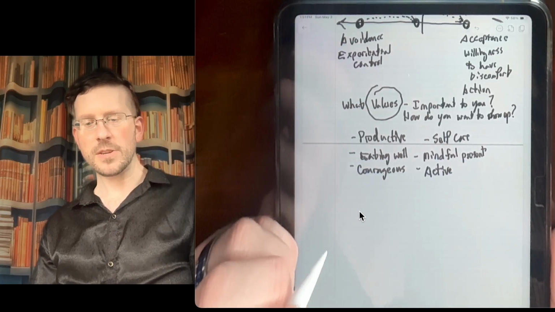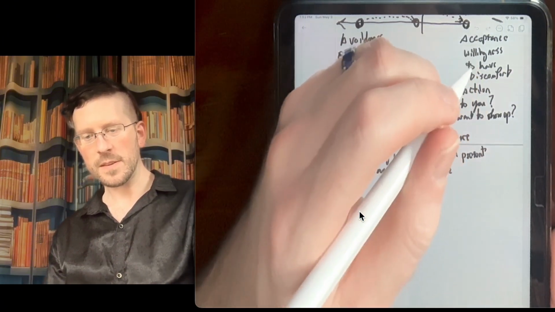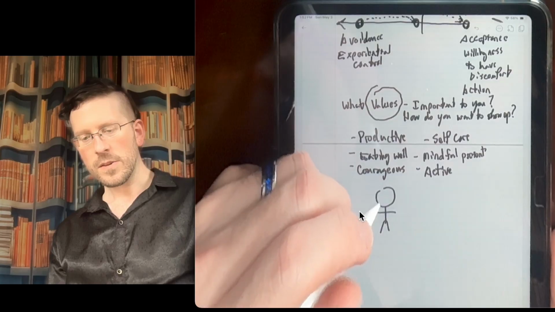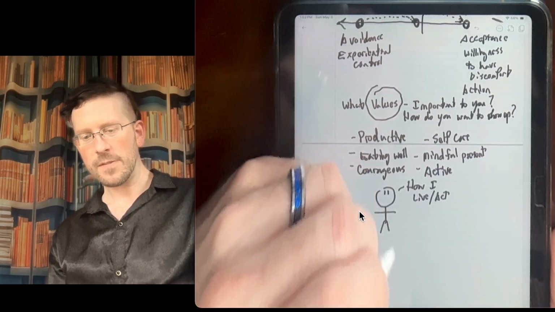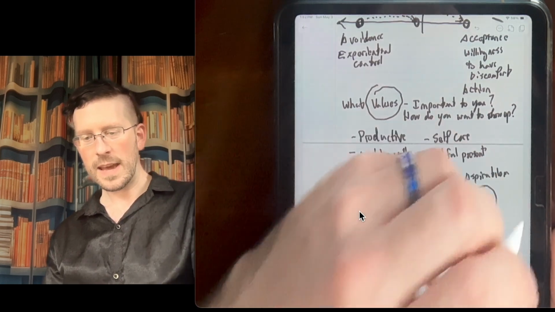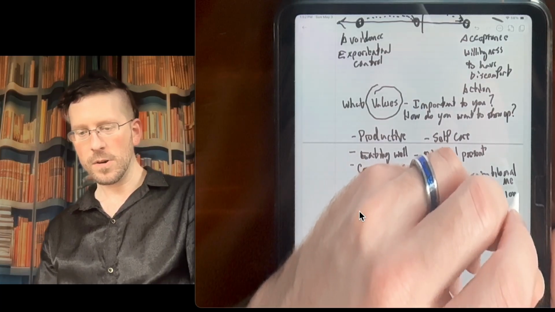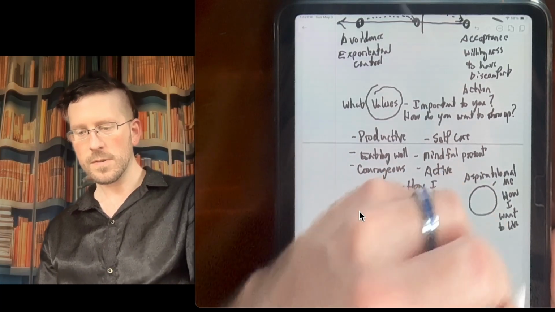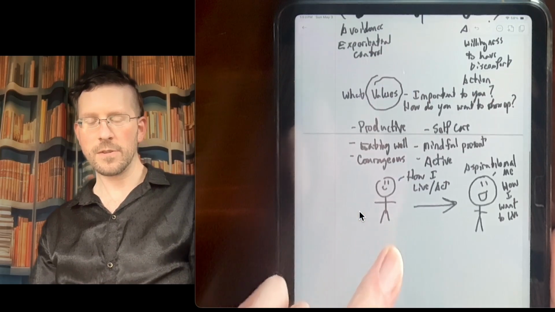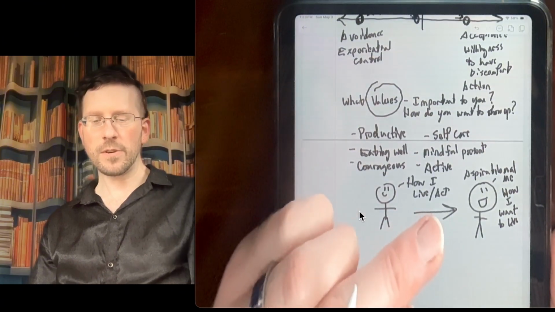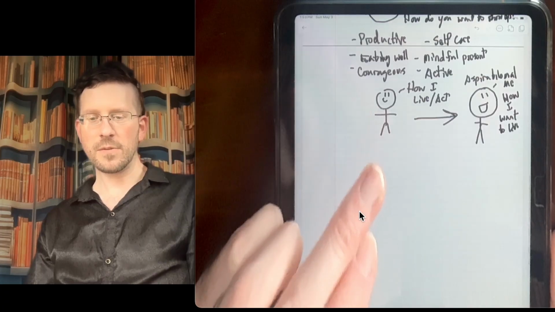Okay, these are aspirational. Let's say there's how I live or how I act, that version. And then there's the aspirational me, and that's how I want to live. And we want to be more lined up with that version of ourselves, that version that we aspire to be. And I'd say we're never fully lined up with that. We're probably never fully consistently living within our values.